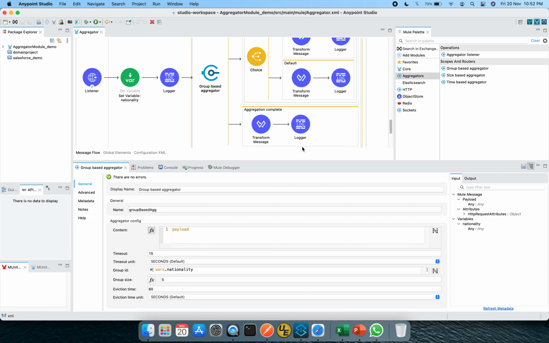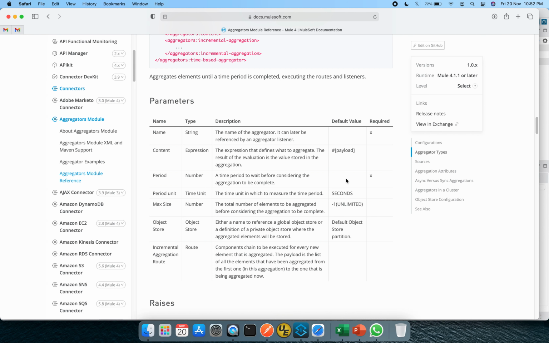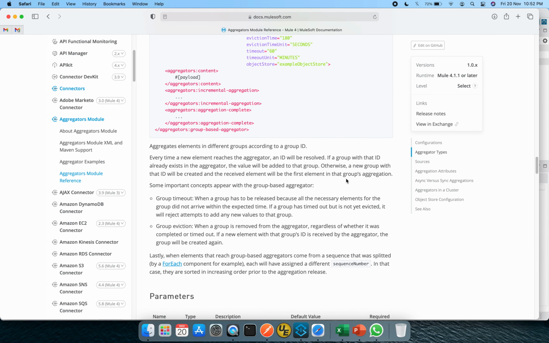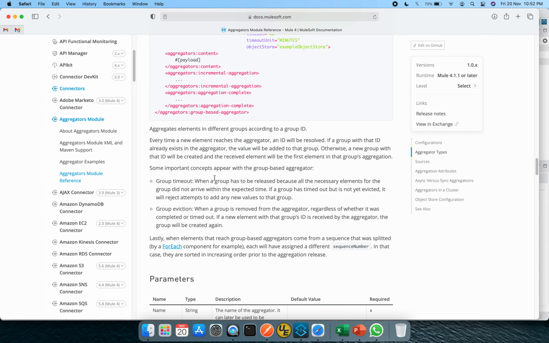But before we go there, let's refer to the official documentation as well. This is about group-based aggregation, and our main discussion point is group timeout and group eviction. Group timeout: when a group has to be released because all the necessary elements for the group did not arrive within the expected time. Timeout happens, but it is not yet evicted.